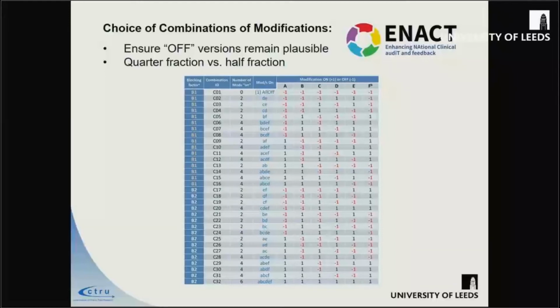And we decided to do a half fraction because it meant that we had to make fewer assumptions about our interactions that we knew relatively little about, and because we felt that that was doable within the resource that we had. And that basically puts these into the 32 different versions, and there are 2 versions of this, and we've decided to do just the one. You basically have them in red if they're in the off version, and if they're black, they're in the on version of each of those. And you have all of those different combinations, and they allow you to estimate everything that we want to estimate.